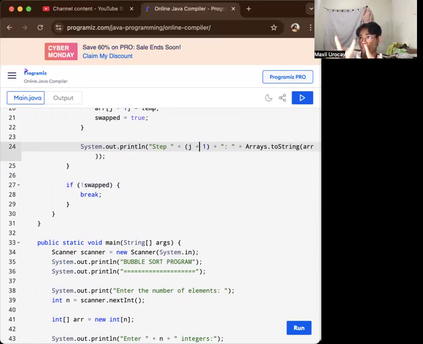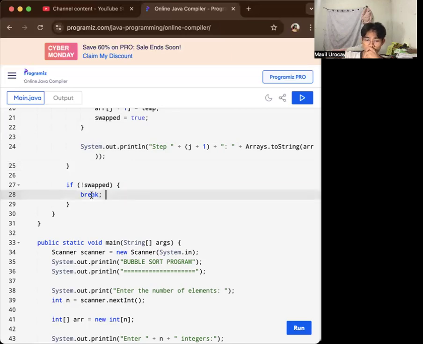So we compare our numbers per iteration, step by step, in each pair, index 0 and 1, 1 and 2. That is happening right there. It shows the current state of the array, the j step, the comparison, and if there will be a possible swap.